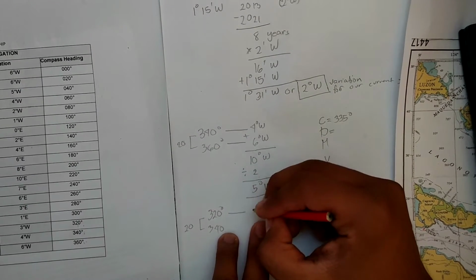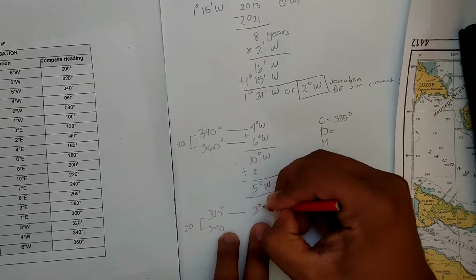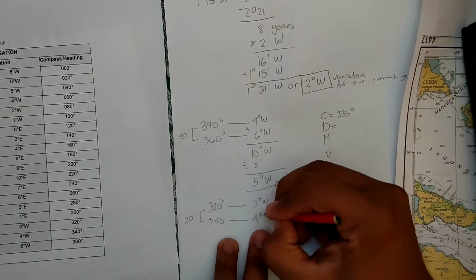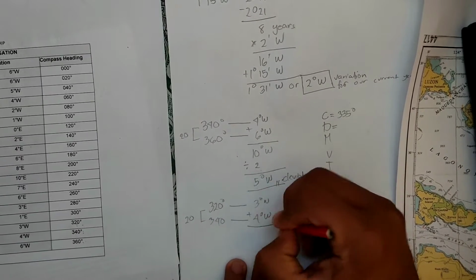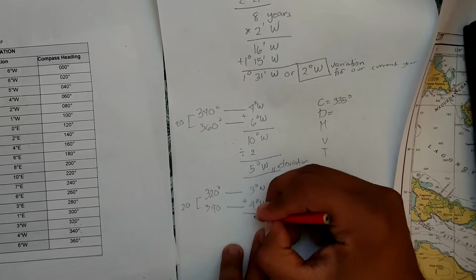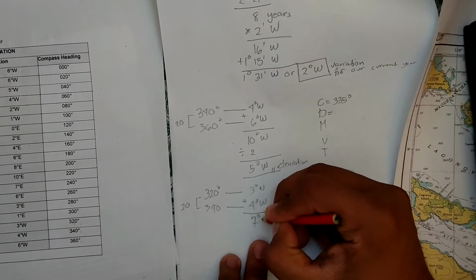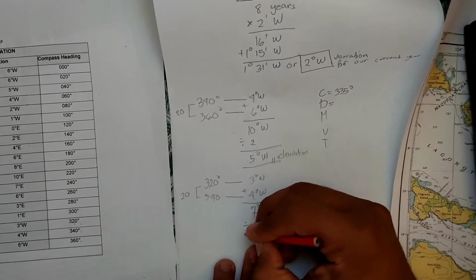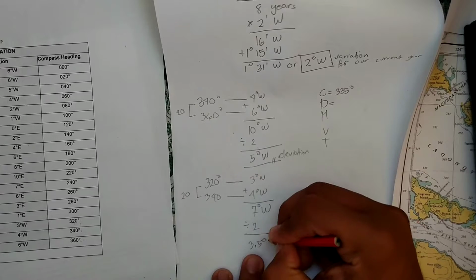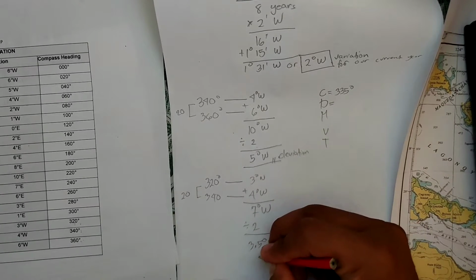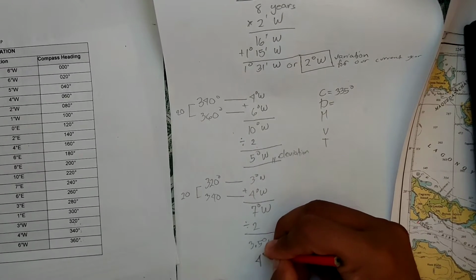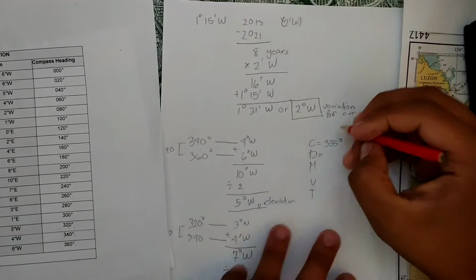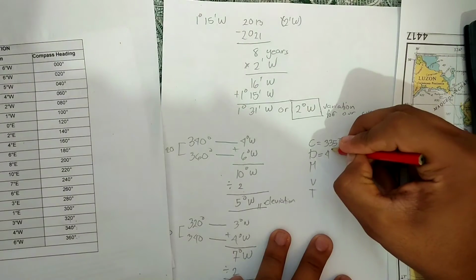compass headings. So 320 has 3 degrees west and 340 has 4 degrees west, so add the two deviation and we get 7 degrees west and divided by 2, so we will get 3.5 degrees west, and let's round it off and it will make 4 degrees west, and this is our deviation of 335 degrees